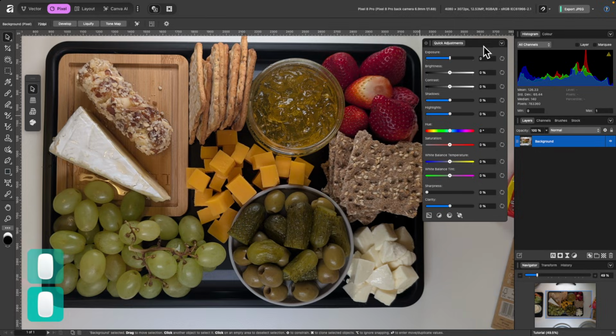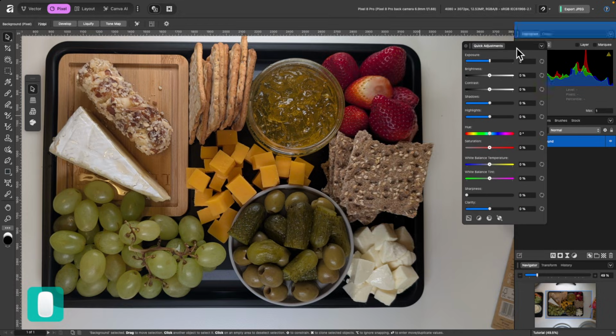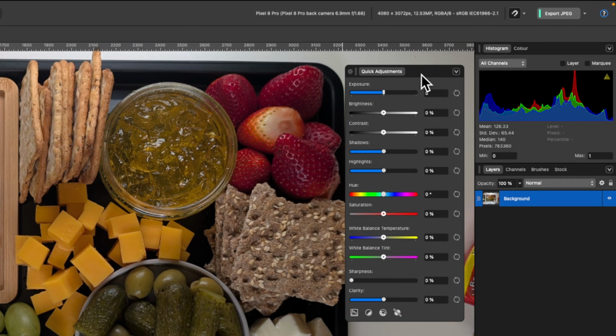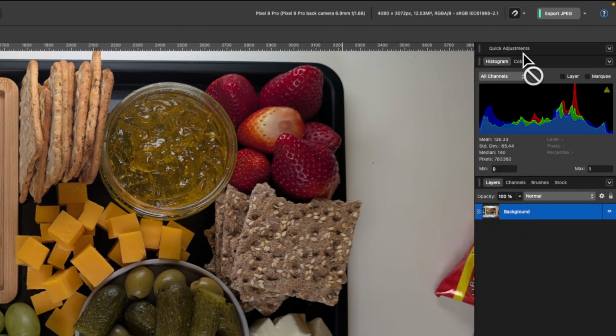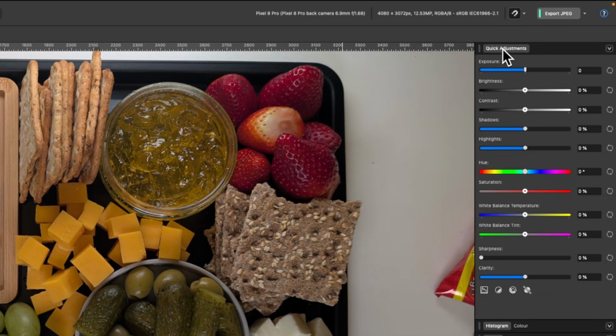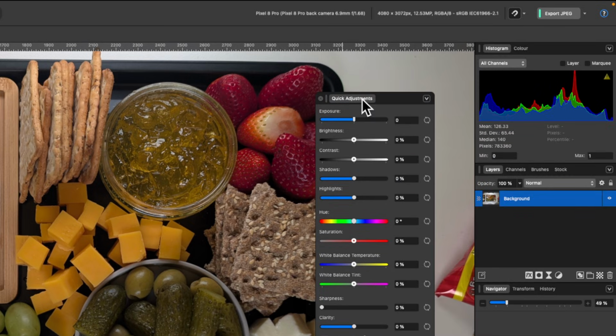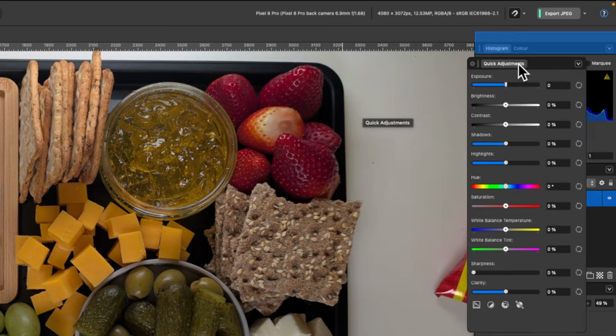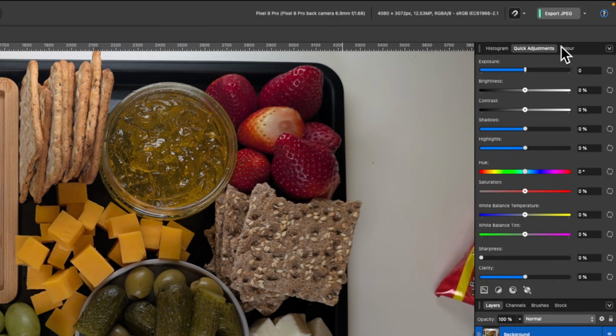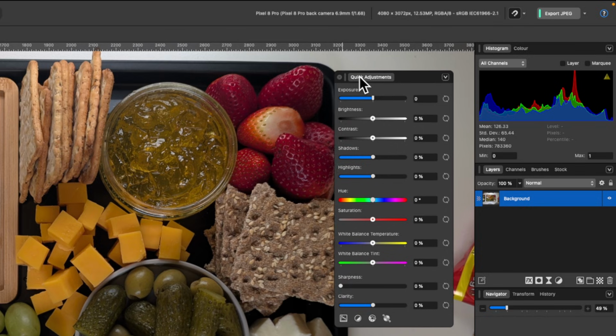And now we have this new panel here, which we can have just floating around if we want, or we can drag it over here to the right-hand side and let go. And you see now it's up here. I can drag it out whenever I want. I can even nest it in between these two here. There we go. It's now between them, and I can play around with it as much as I want, but I'll just drag it out for now.